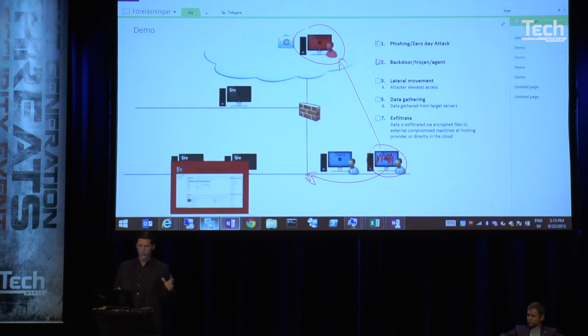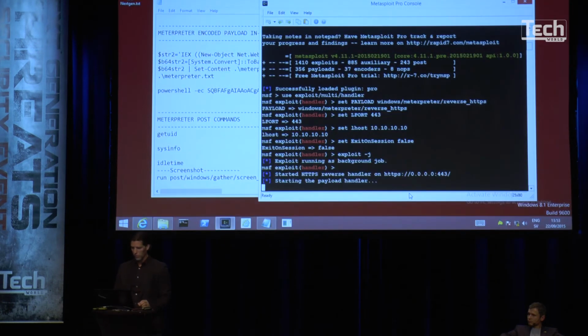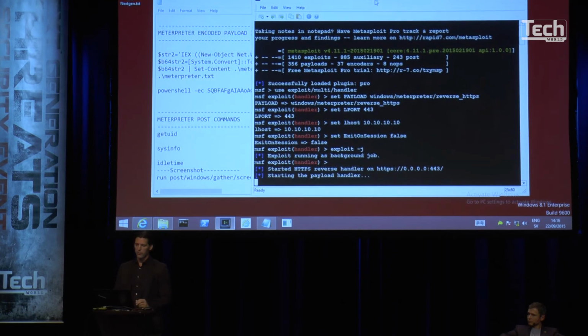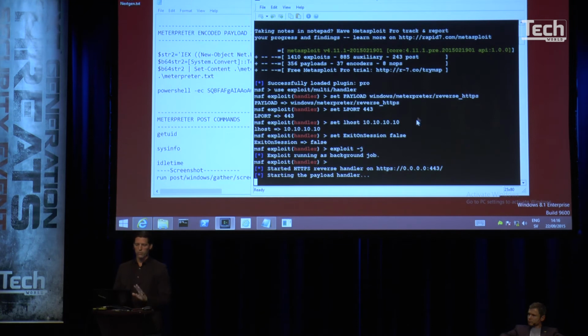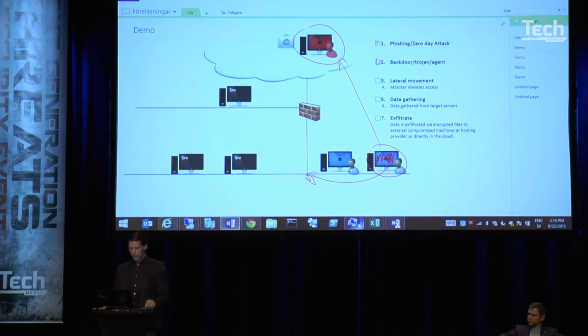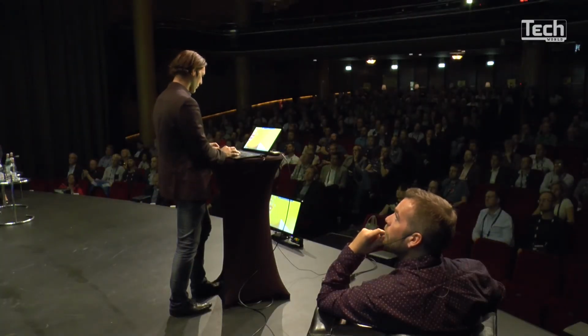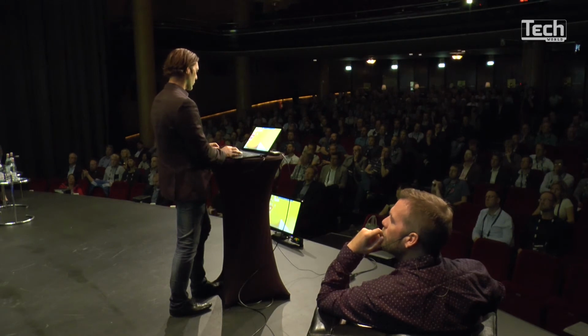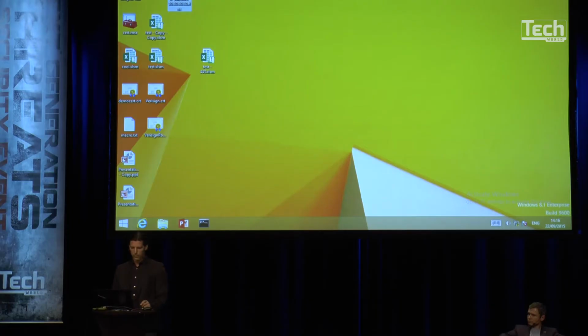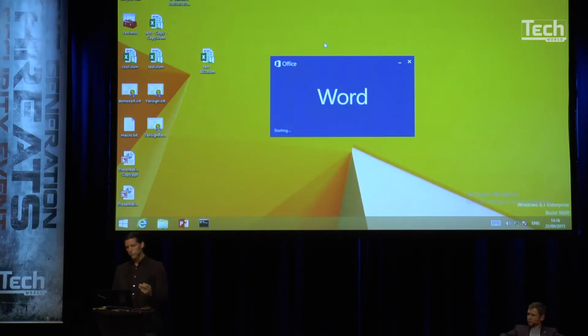Now I'm going to move from that real cloud server, because I don't have an environment I can hack there, into my virtual environment on this very laptop. So I have another attack machine here, a red guy. He's got the same configuration. He's got this Metasploit console waiting for connections. I have another target, this poor client, and he's so much into Word documents, he's clicking on this guy. And you can imagine he's going to get hacked. So looking at the other side,